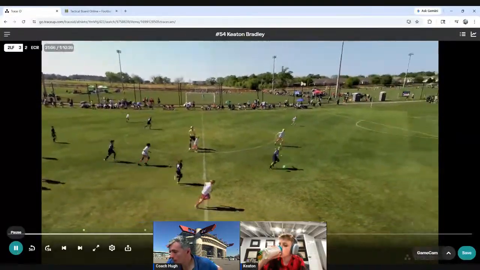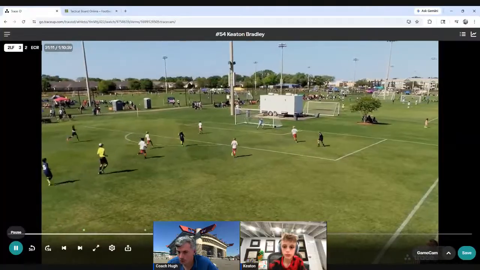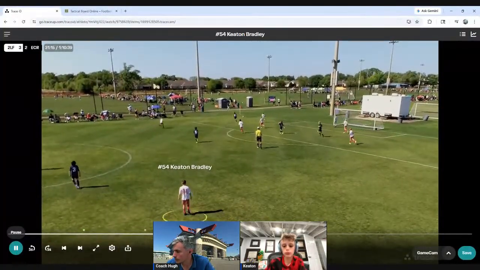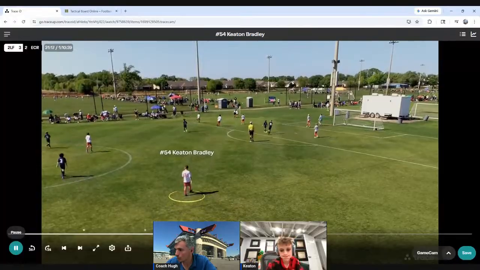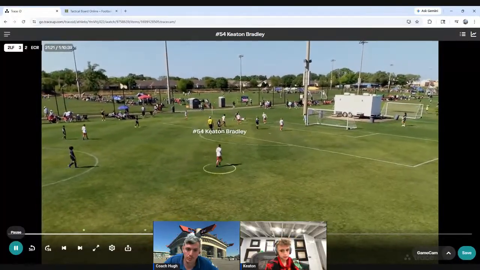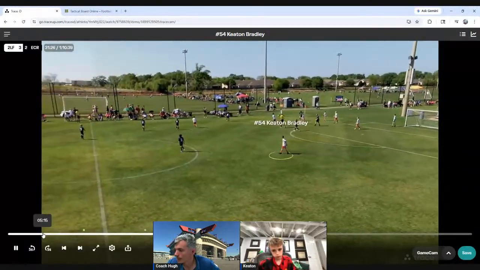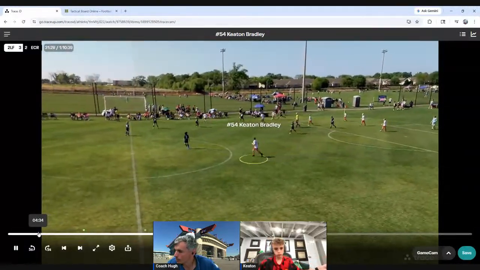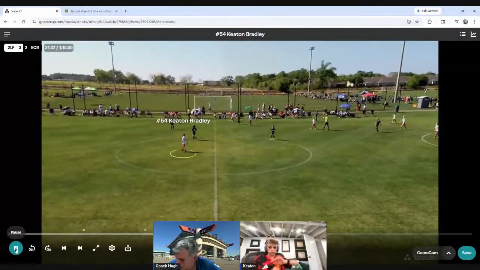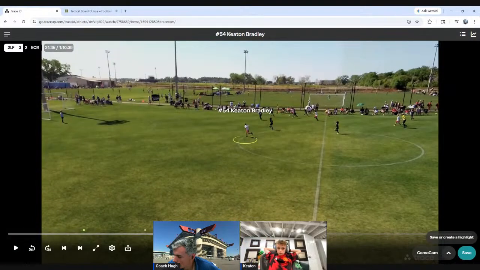If you could do one thing this weekend, Keaton, it would be to use your body more in those close quarters. You with me? Where you and your defender are shoulder to shoulder, you're next to each other. Protect the ball, get a shoulder into him, lean into him, but do it within the rules of the game. You got to make sure that you're playing the ball and not just being physical. Okay? Sounds good? All right, we are 40 minutes in, so I'm going to end it here.